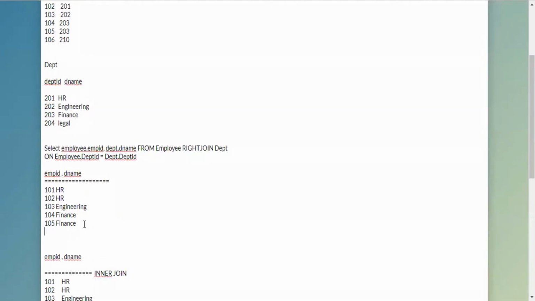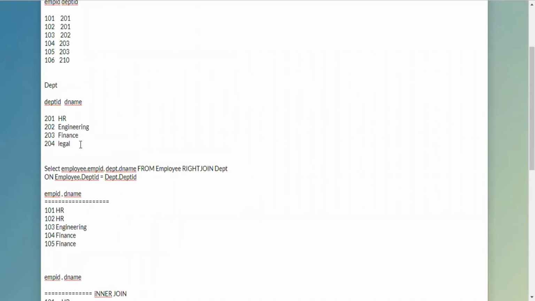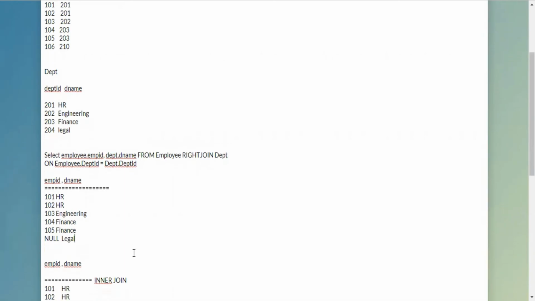If we consider the right table in a right join, the D name, that is legal, will come as a null in the ID. Right. So all clear on this logic? What happened here? So this is how